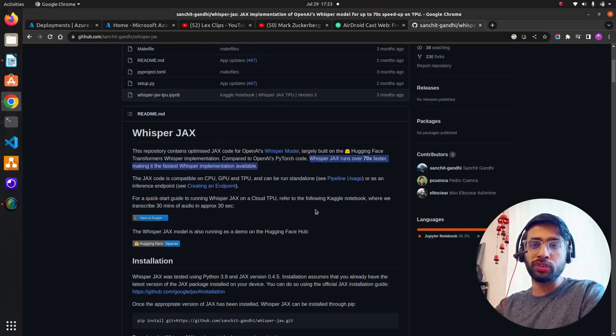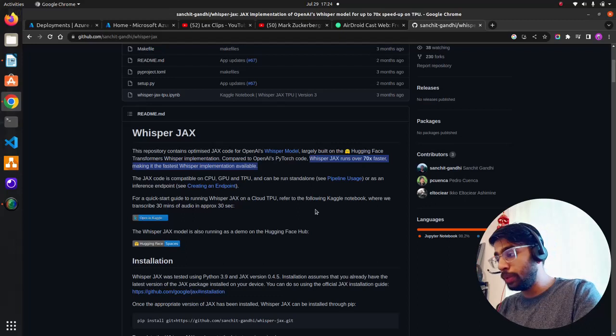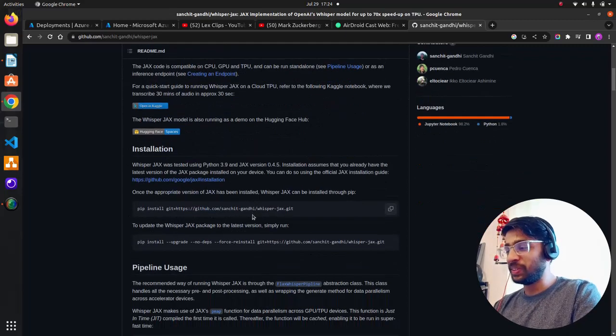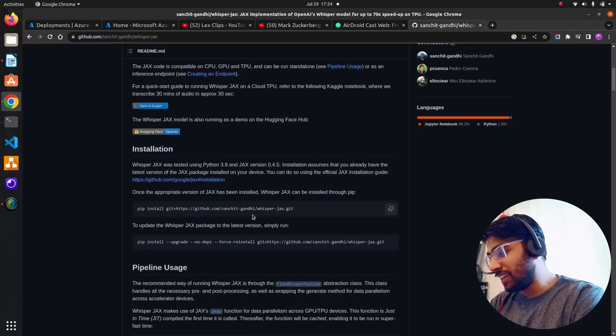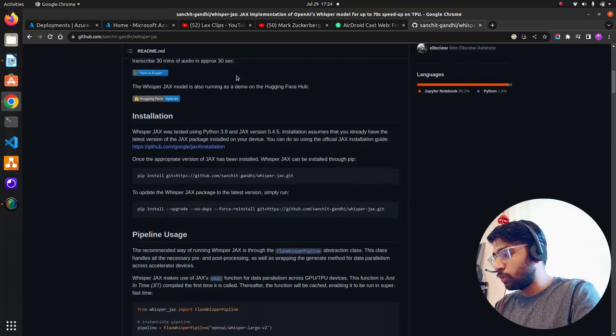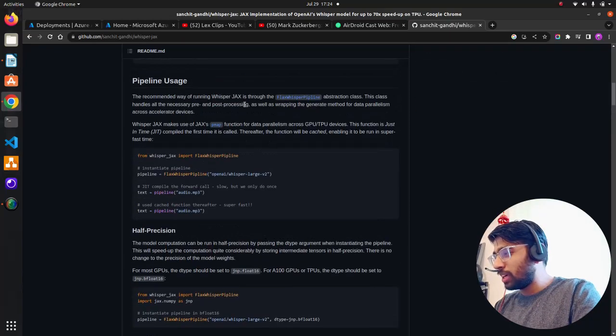Runs across CPUs, GPUs, TPUs. So even on commodity hardware like a CPU or a single consumer GPU, you will be able to run and make inference with Whisper Jax. You can see on a TPU like a machine, it takes 30 minutes of audio in 30 seconds, which is amazing, guys, right? If you want to modernize your contact center, that's one use case. I'll also talk about a few use cases. You can use Whisper Jax for it. Now let's jump in. You can find out all the code over here.